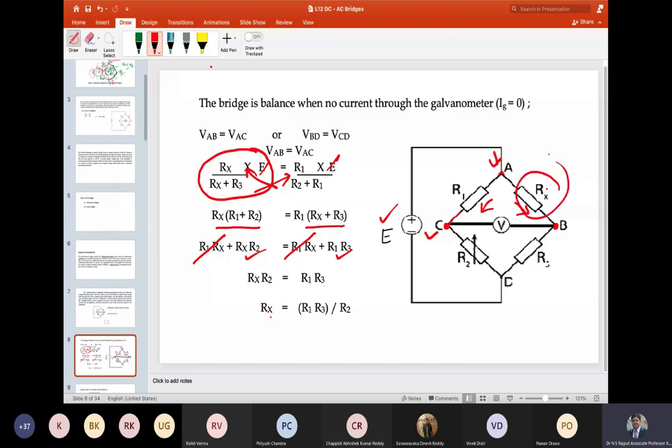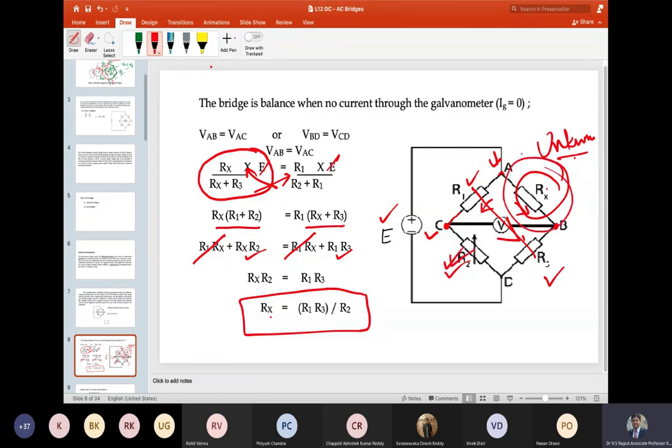If Rx is unknown and the other three resistances are known, then there is a relation: R1 into R3, the opposite branches multiplied, divided by this branch, is equal to the unknown value. Okay, so this is how a Wheatstone bridge